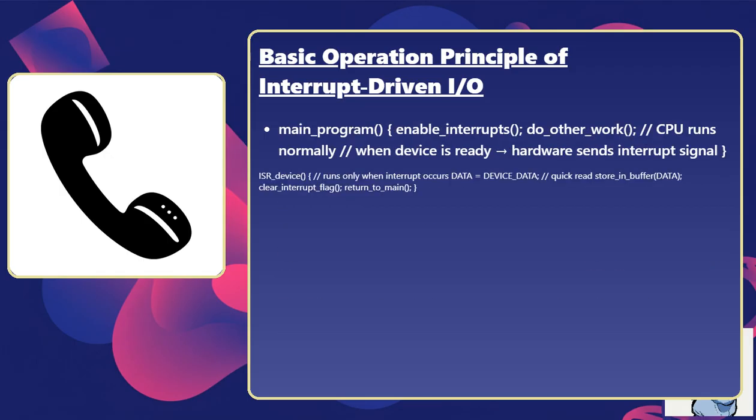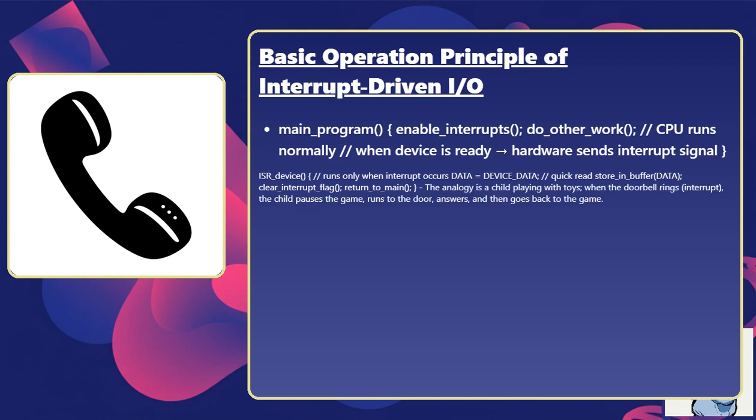Main program { enable interrupt; do other work; // CPU runs normally // when device is ready, hardware sends interrupt signal }. ISR device { // runs only when interrupt occurs data = device data; // quick read store in buffer of data; clear interrupt flag; return to main; }